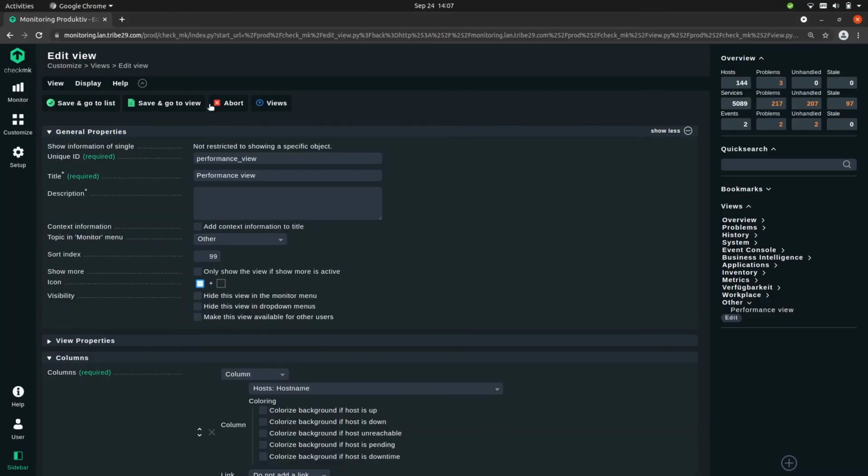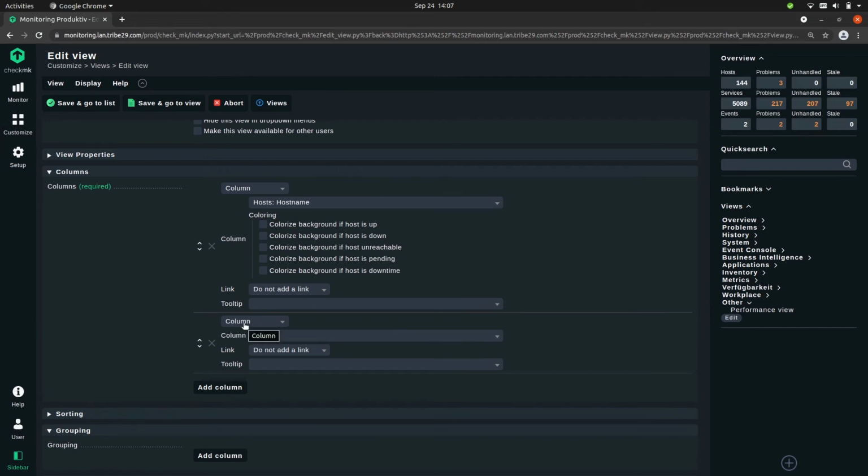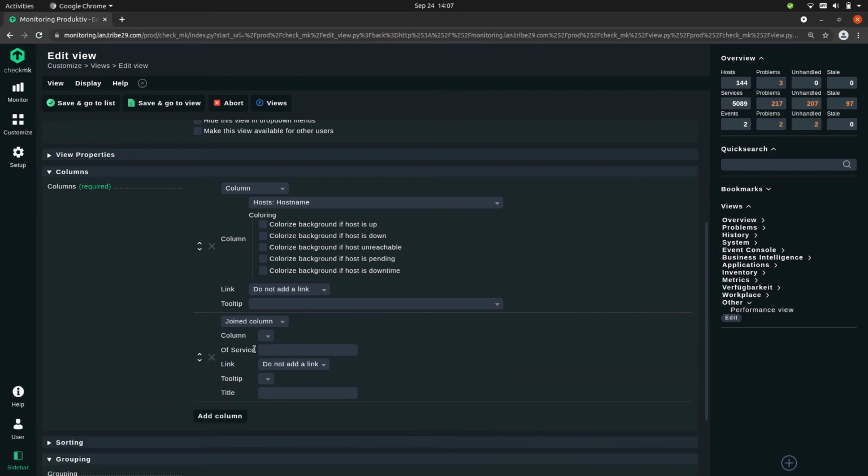As promised, we are going to create a view of hosts that includes service information. That might sound easy, but there is a little trick to it, because we have to configure which service we want to show. Okay, so we want to add a column. So let's press add column. And then you see here you have an option to pick a joined column. And a joined column is basically like a database query where you would join two tables or the information of two tables together.